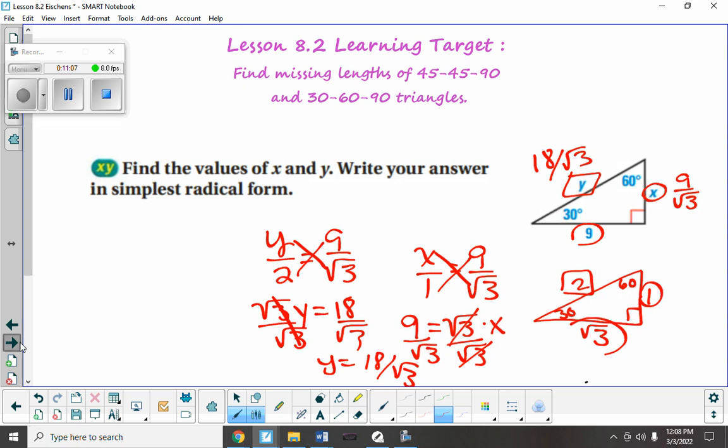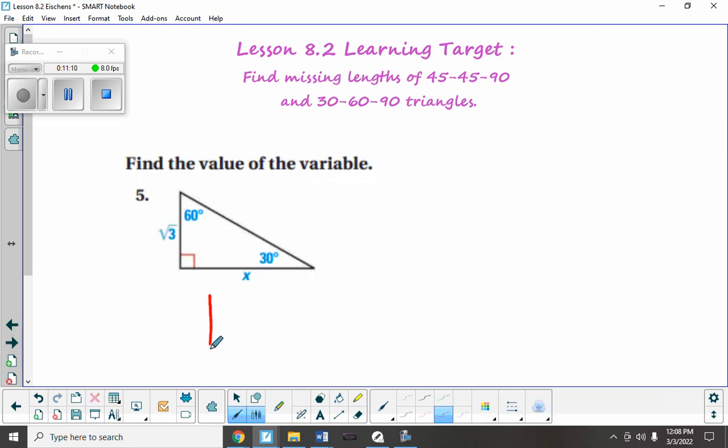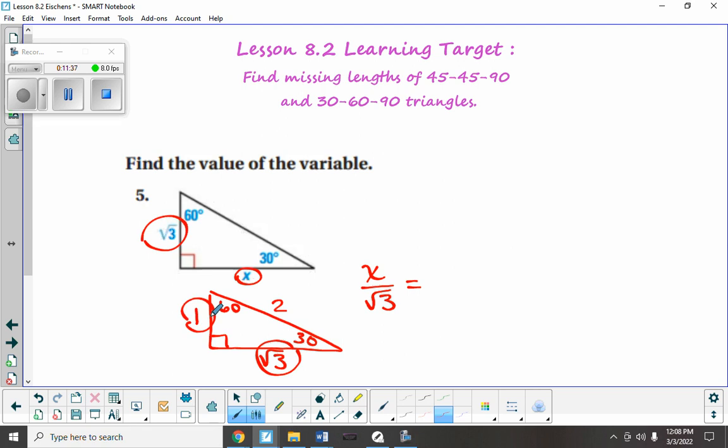Okay, let's just do one more here before we go. So again, I'm going to draw a triangle similar to what I see above. The angles in the corresponding spots: across from the 30 is 1, the hypotenuse is 2, and the long leg is root 3. So if we have to find the value of x, that's the bottom side there, we'll say x is to the square root of 3, and then we'll do the left side to the left side. So as the square root of 3 is to 1. And we cross multiply, so x equals the square root of 3 times the square root of 3, which is the square root of 9,